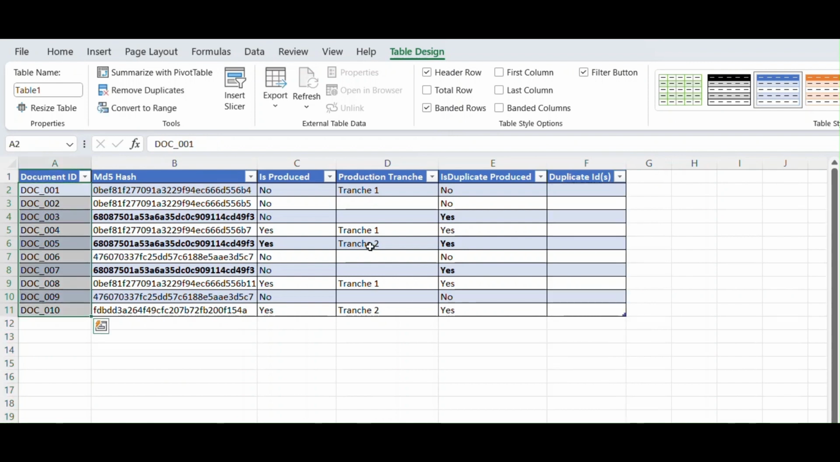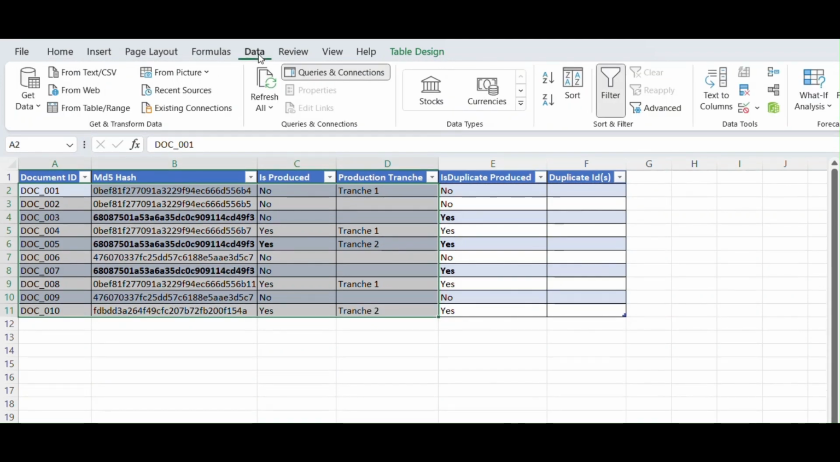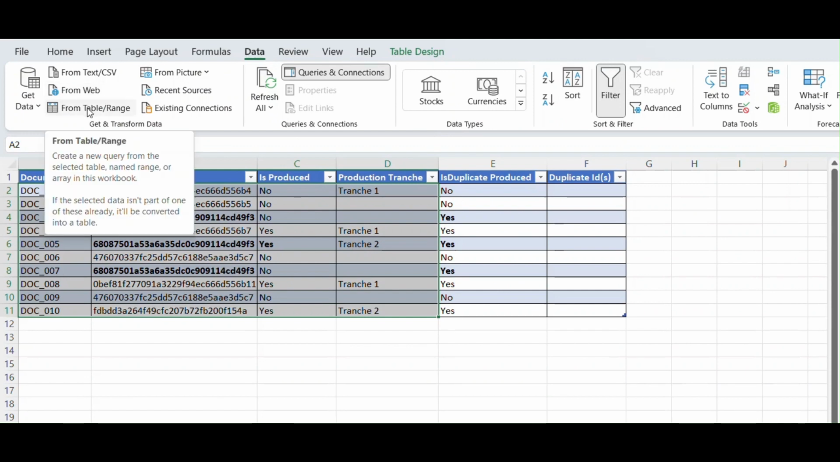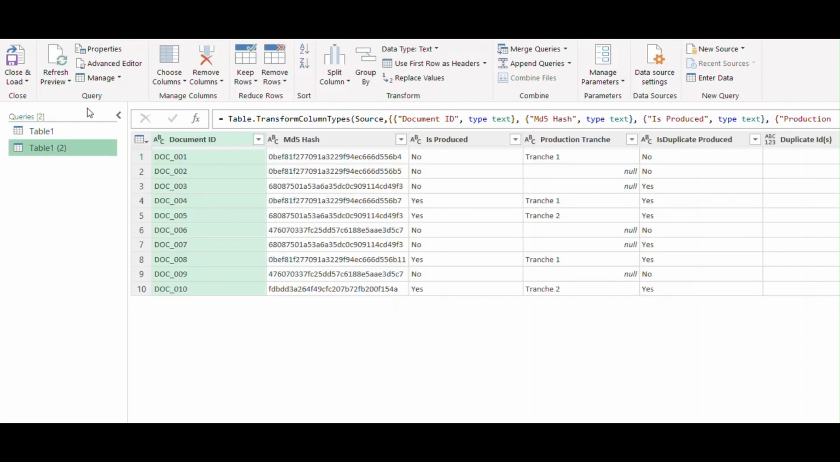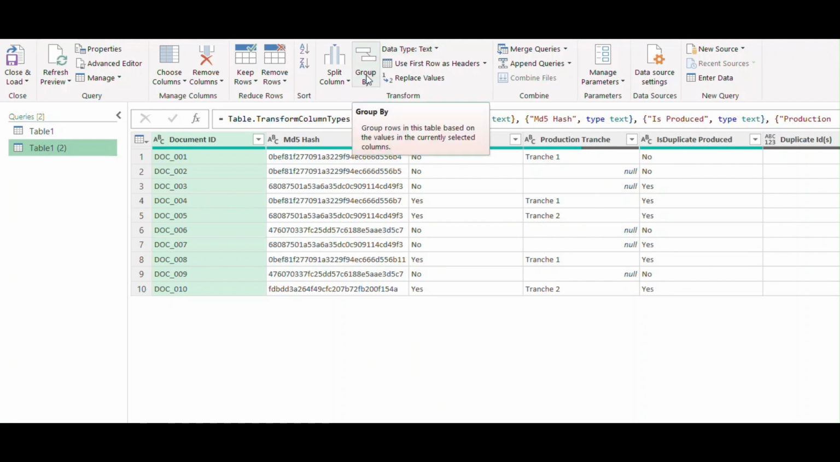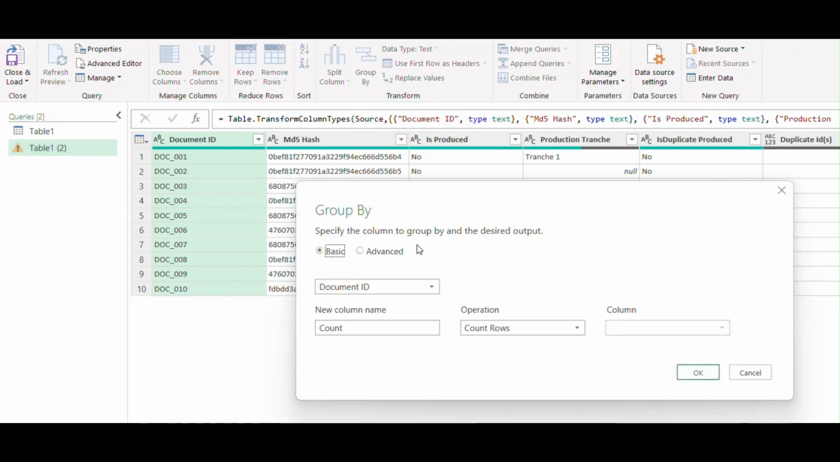I would select the rows that I require, and then I would switch to the data tab and select from table range. And this should again open up the same Power Query editor where you can again use the transform and group by feature. So previously I have shown you, you have to shift to the transform tab to do it, but you can also do it by simply clicking on the group by feature right there in the home page. And then you can select MD5 hash,